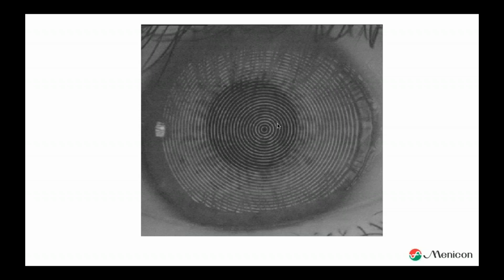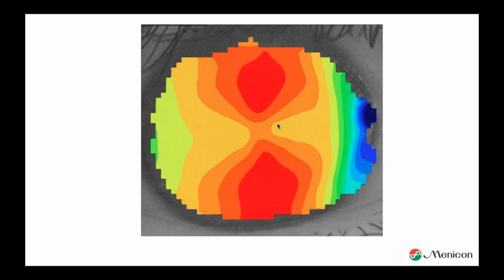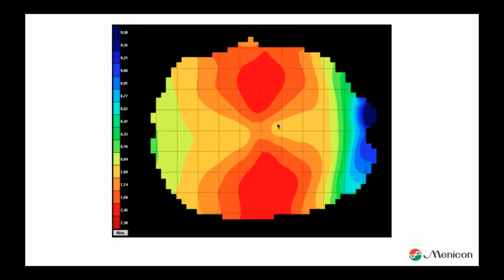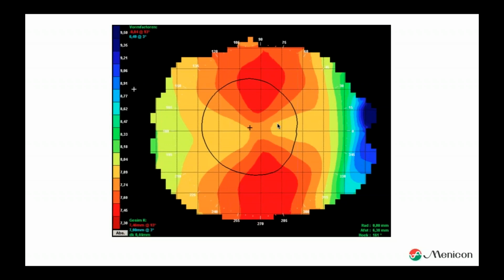is getting the reflection back. But because the eye is not perfectly shaped, all the circles will change a bit. It's not a perfect circle anymore. It's a bit deformed. So the topographer device knows the difference. Okay, this is the perfect circle I project on the eye. This is what I get in return. Well, this is the difference. So this is the shape of the cornea. In this case, we see an astigmatism with the rule.